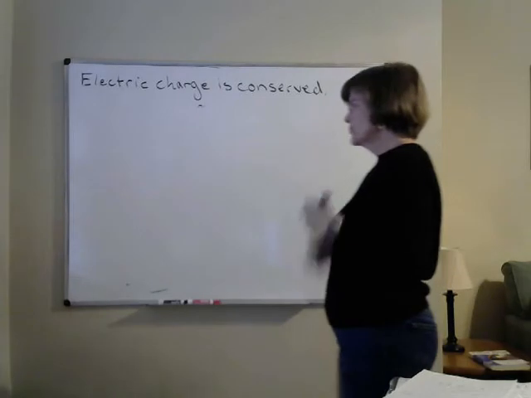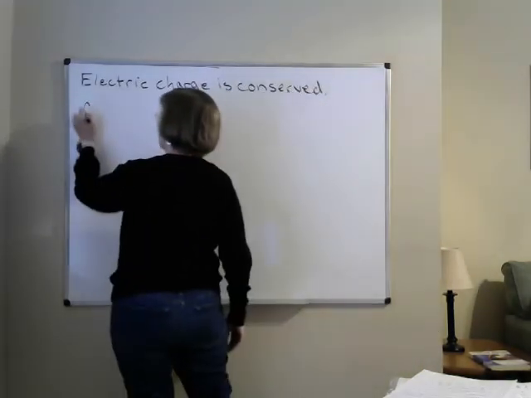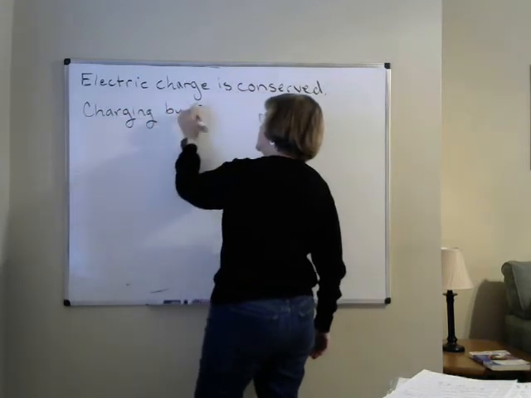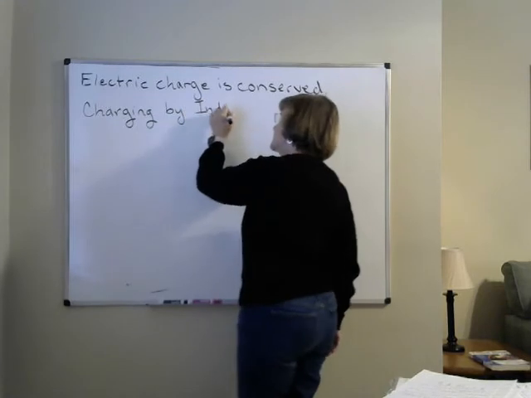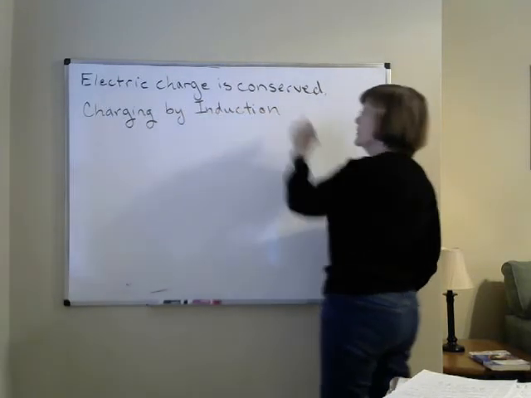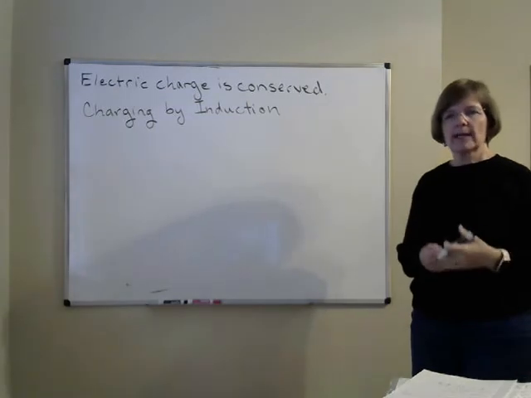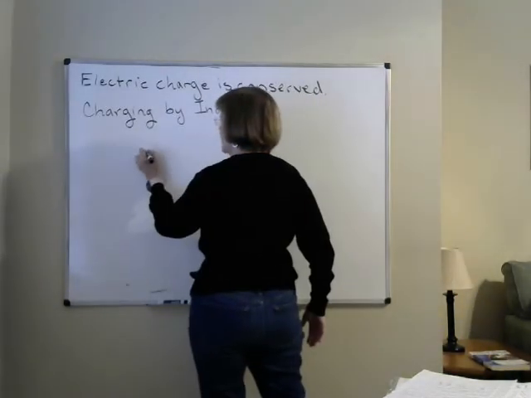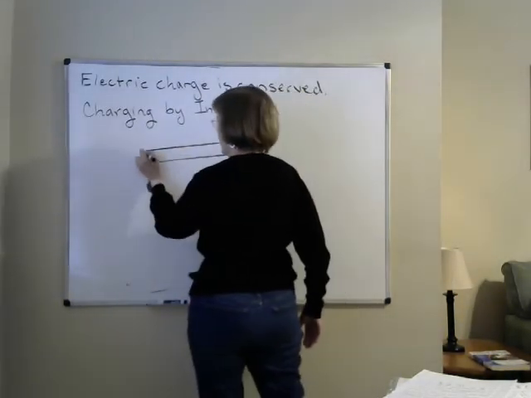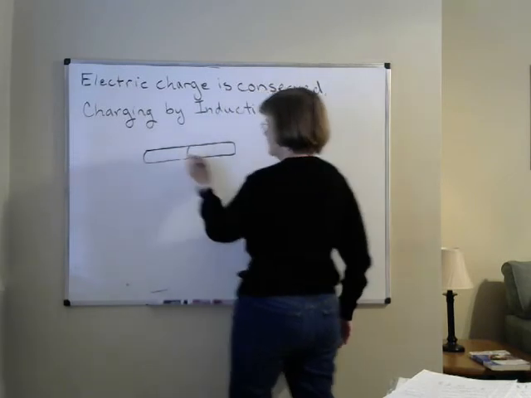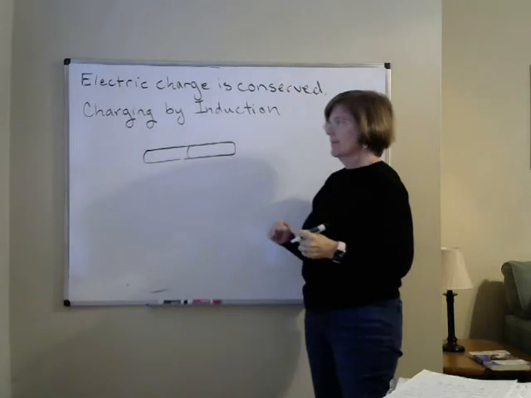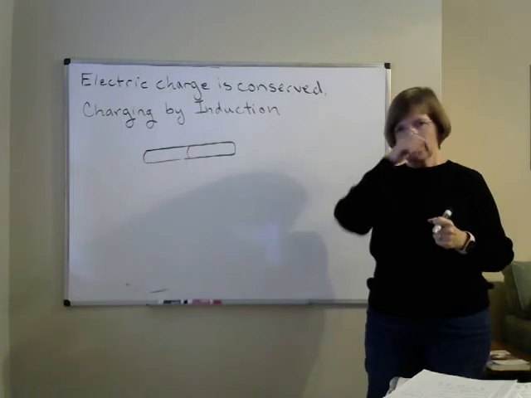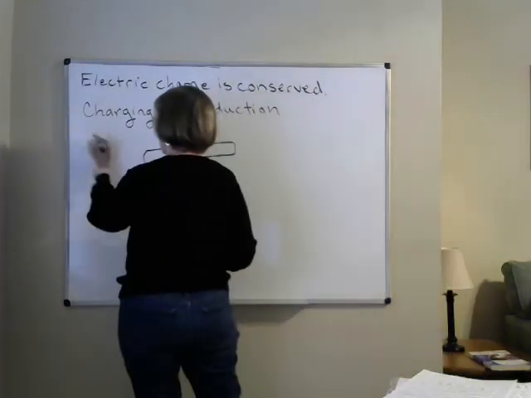The other type of charging is called charging by induction. Now, when we charge by induction, there's actually no direct contact. There's a couple of ways that we could think about this. One is we could just think about, what if I had a piece of metal, well, 2 pieces of metal. It's neutral, but they're in direct contact, so it's almost like I have one long cylinder, except I really know it's 2 pieces. If I bring something over here that's positively charged,